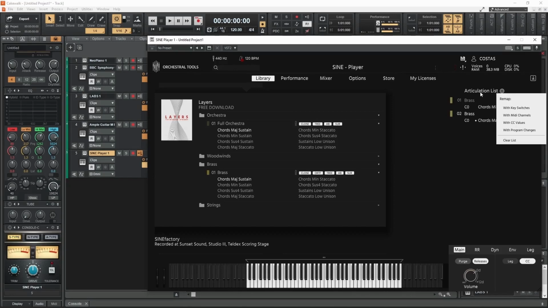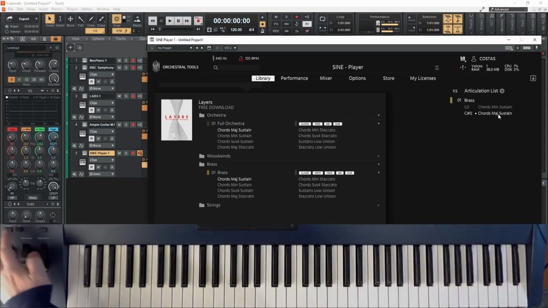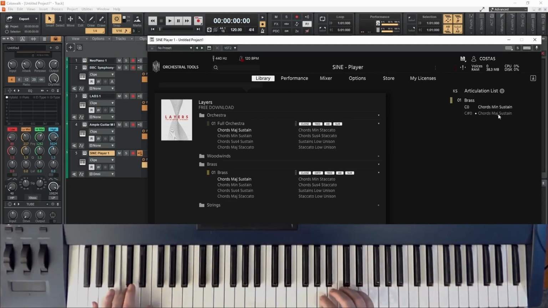Here at the articulation list we have some different kinds of playing, and if we use the key switches, we see that minor chords are with note C0, and major chords with C sharp 0. So, I must put an octave down now, C0 is the minor chords, and if I want a major,